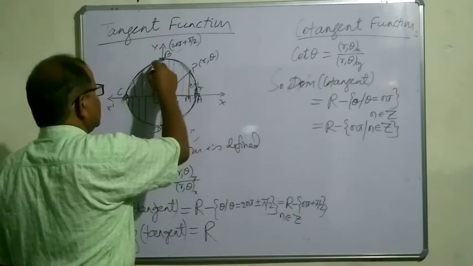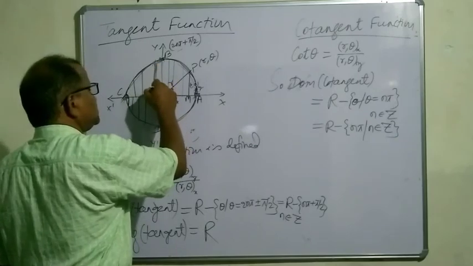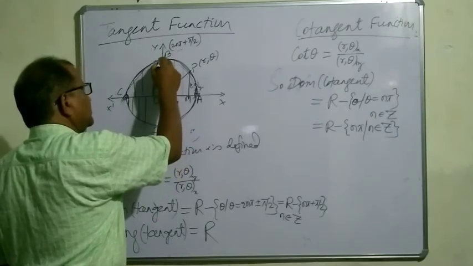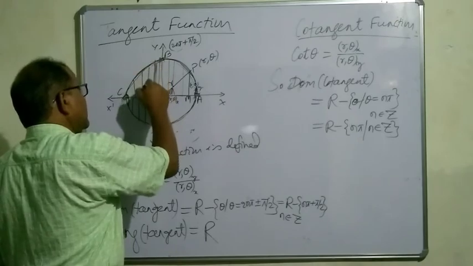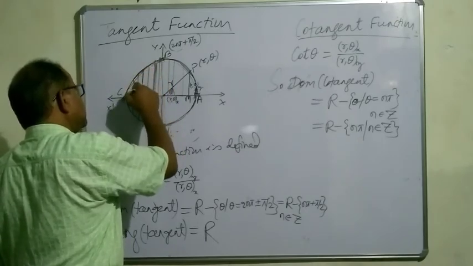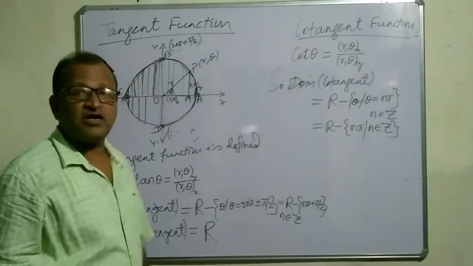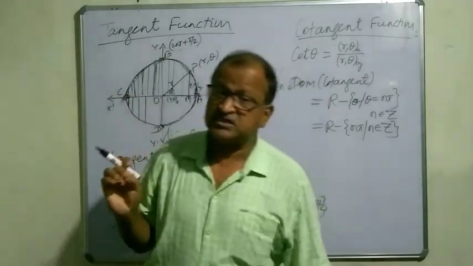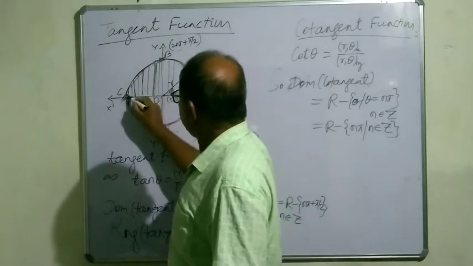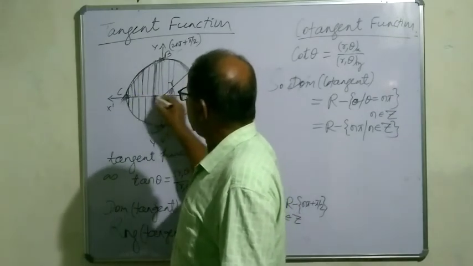Sorry, r theta y, sorry. It is very near to 0 but negative. Here it is 0, it is negative, and the value will decrease. Here r theta y is positive but very small, and r theta x is negative but large.